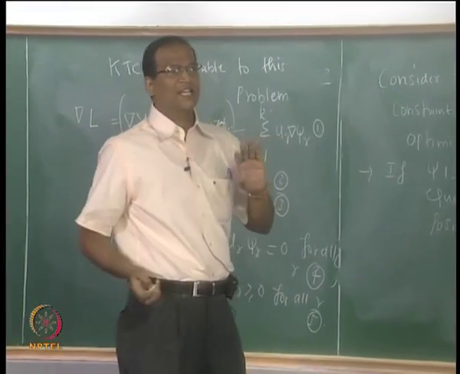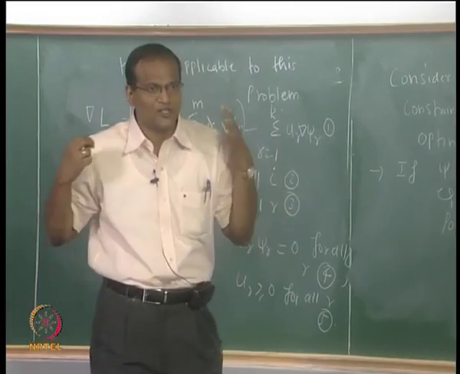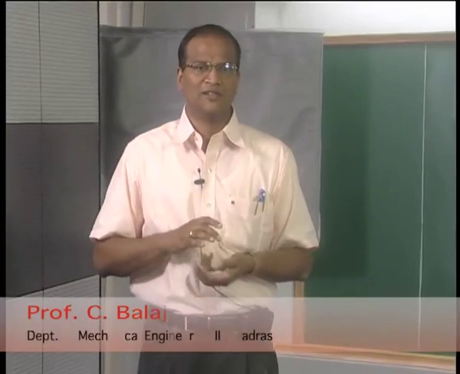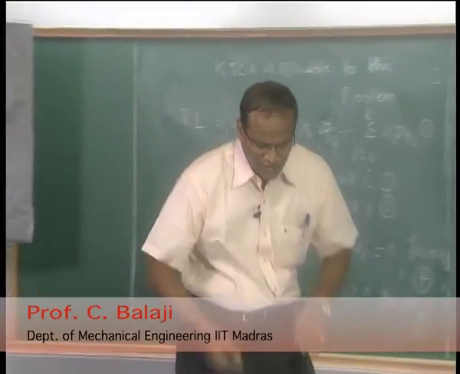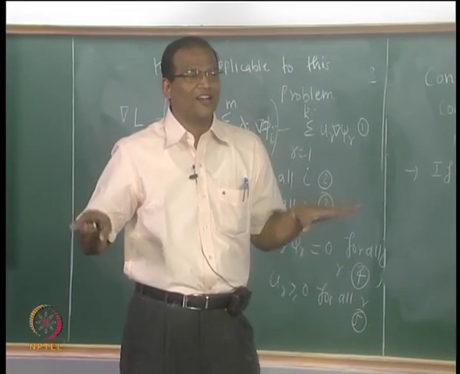In either case, it is an iterative process. You do not know. You have to do iterations and find out whether a particular constraint is active or inactive. Okay. So we will demystify the Kuhn-Tucker conditions with examples.